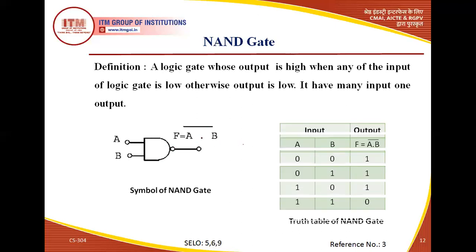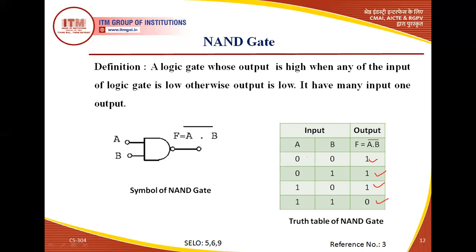Now if we see the truth table of the NAND gate, if we give the input 0 0, we get the output 1, and if we give the input 0 1, we get the output 1, for 1 0 we get 1, and for 1 1 we get the output 0. So I have already told you that when any of the inputs is 0, it will definitely generate the output 1. We can also see this in the truth table. In 3 cases the input contains a 0, and the output is 1.